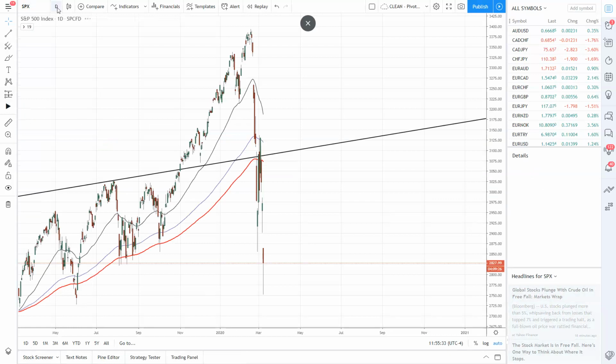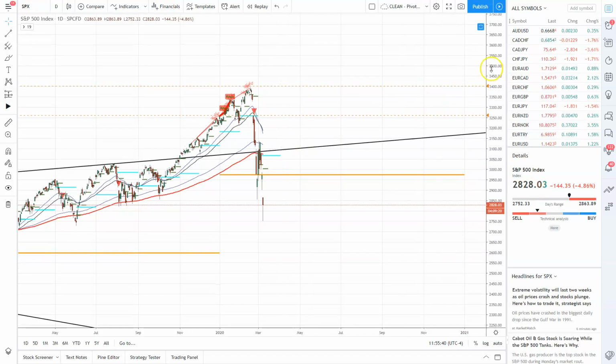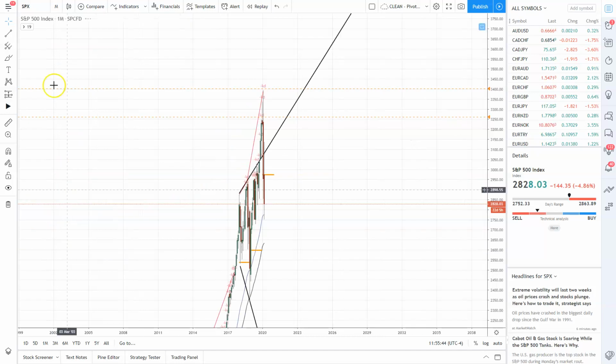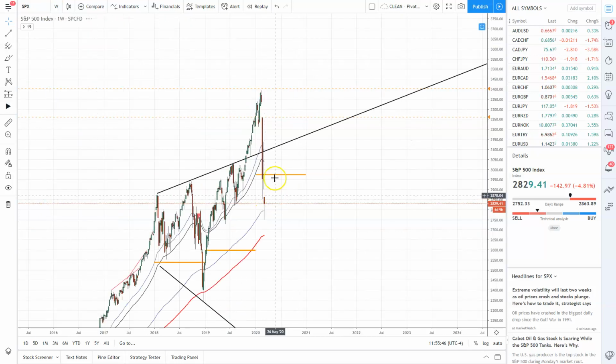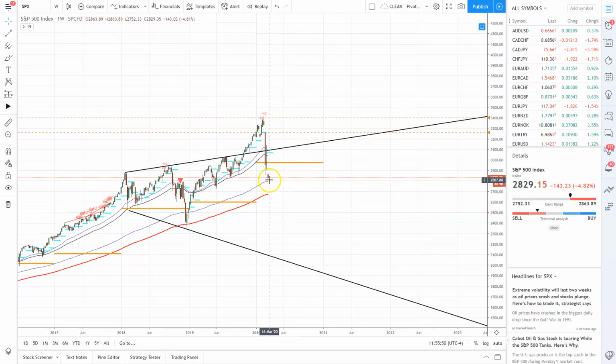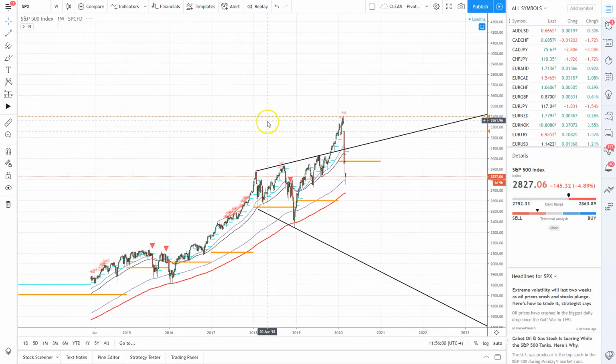If we take a look at the S&P, again, where trading has been halted. Here's the daily candle so far. We have some live price action going. Things kind of slowed this morning. But what's interesting is go to the weekly chart. I did a weekly outlook on this not too long ago, a Friday recap, and we are dropping into that 20% area. In fact, from the S&P high to the low from this week's open, we're sitting right around 19.3%,